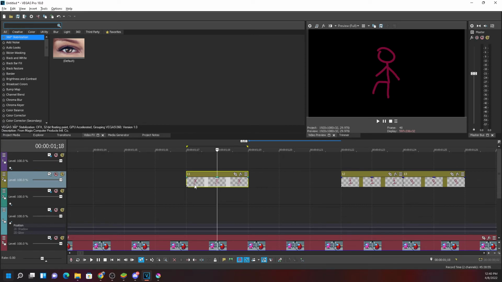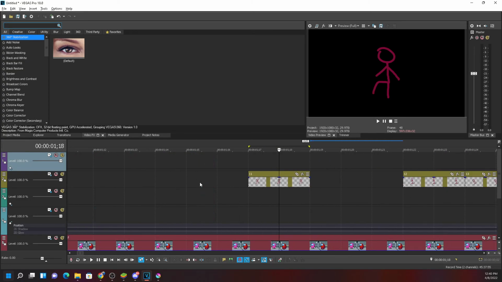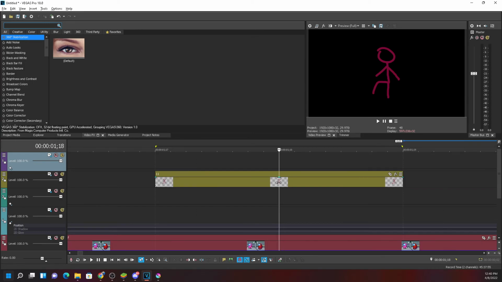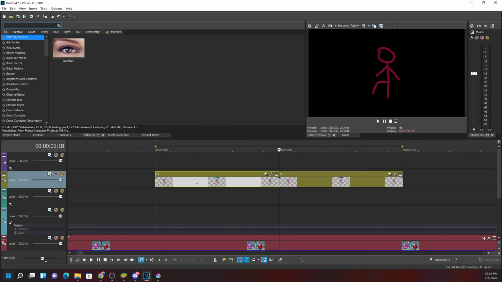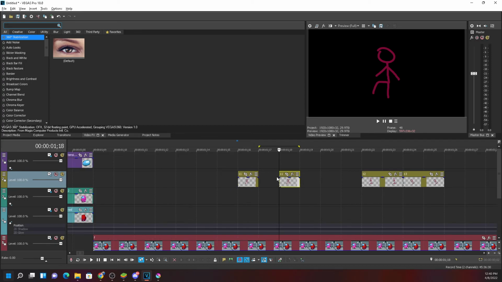Until this one, this is the first frame because I can't click in between it. The line is not appearing in between. It is moving over here or over here because the image is like this. If I scroll totally like this, the line will not come in between. It is the first frame. The first frame image will appear until this one, so this total image is only one frame.